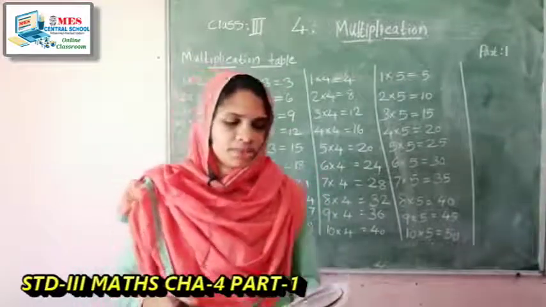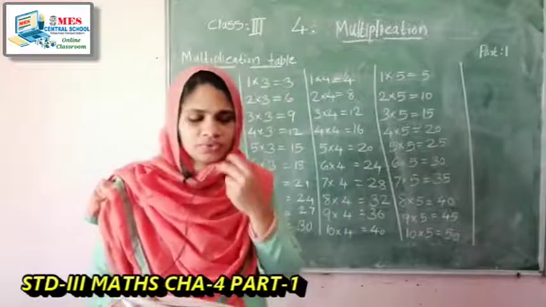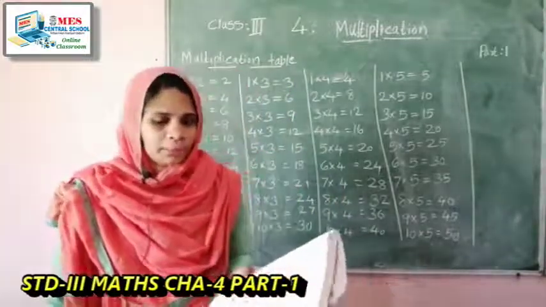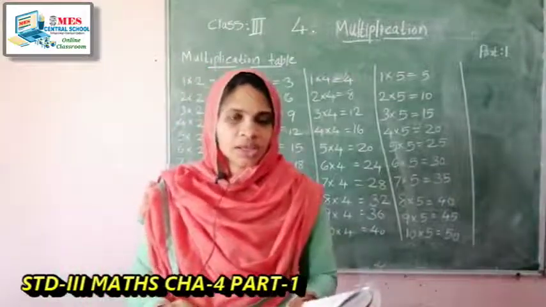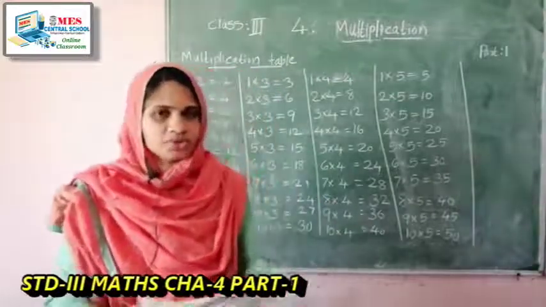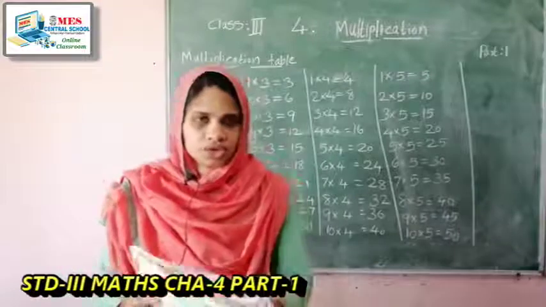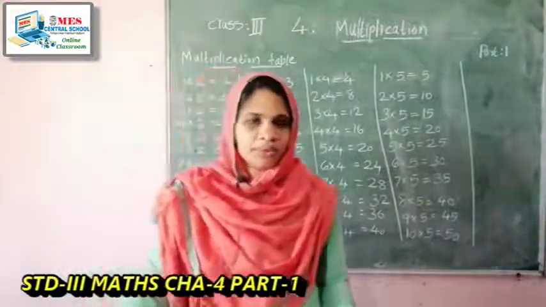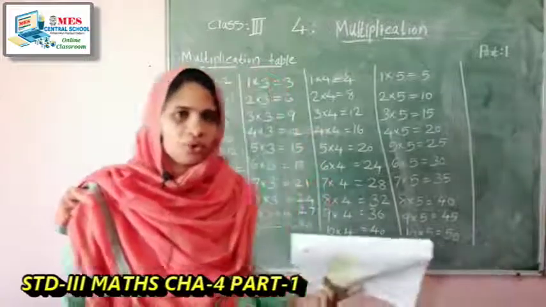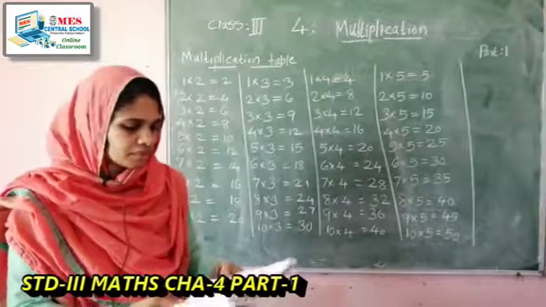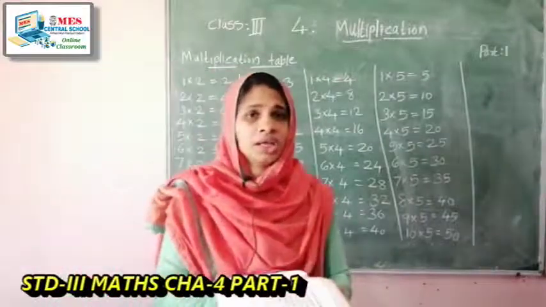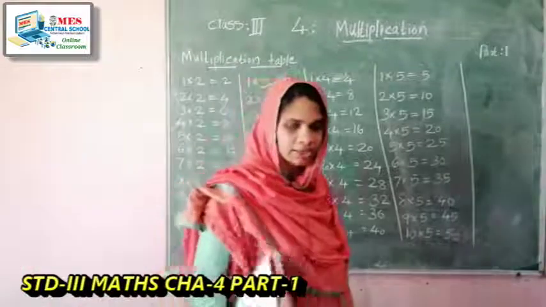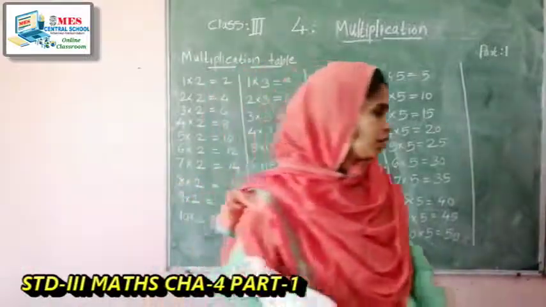The next page, exercise question, that is for you. Write all the questions in your textbook using pencil. All the multiples and the missing factors, complete using pencil in your textbook. Then take the next page, that is multiplying by 6. Up to 5 you already studied the tables. Next we are going to study the tables of 6, 7, 8, 9 and 10 also.